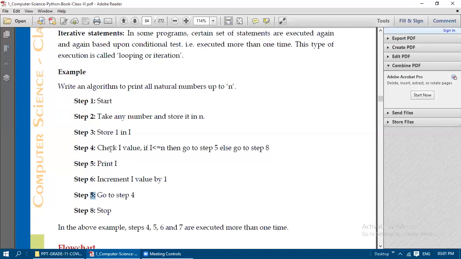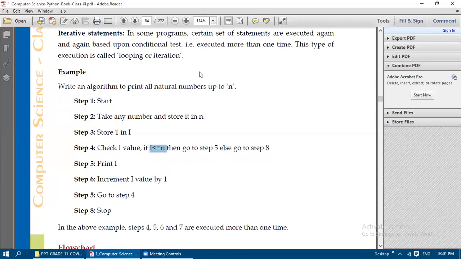Again we need to check the I value. If I is less than or equal to n, you can go to step 5. That means you can print the value of that natural number, and you can increment the I value by 1, or else the condition is false and you go to step 8. So according to this condition, printing I is going to be executed for how many times? N number of times.